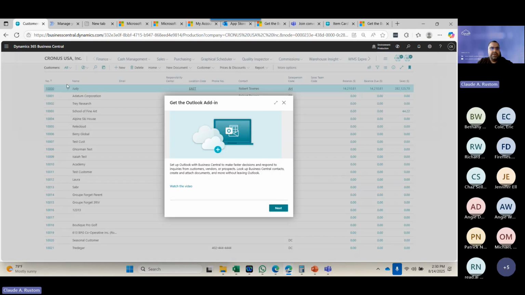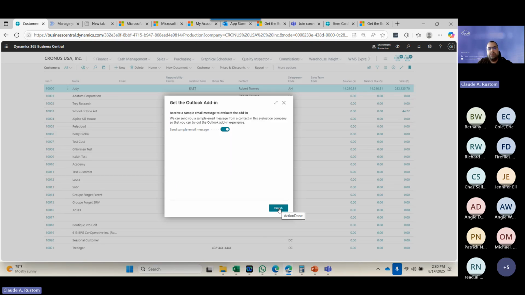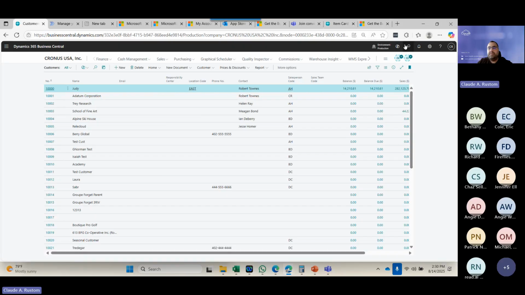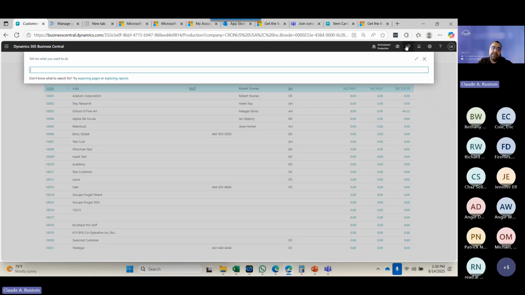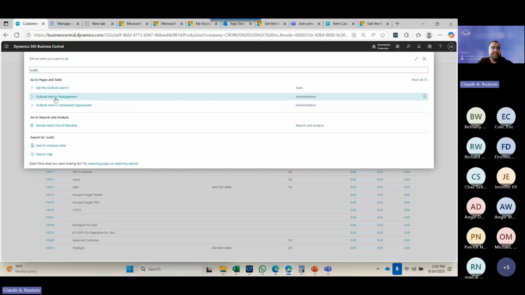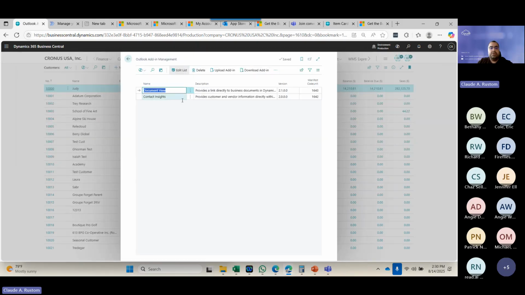In the Get Outlook add-in, you can watch a video on how to do the installation and a small demo about the Outlook. Here, you can receive a sample email to evaluate the add-in. Once I finish, automatically an email will be sent from Business Central. In addition, if I go to Outlook, here, Outlook add-in management, from the Outlook add-in management until now, I have